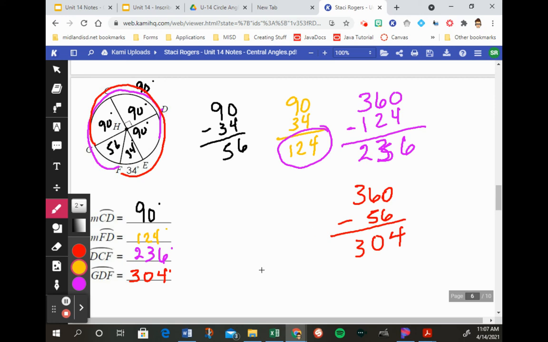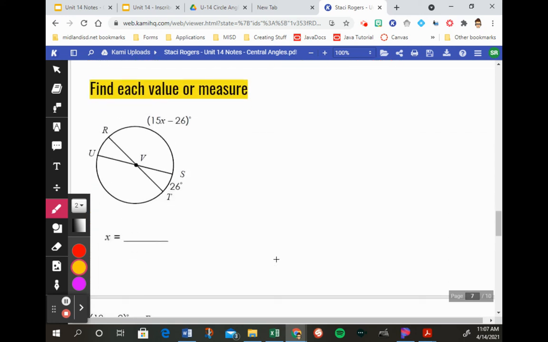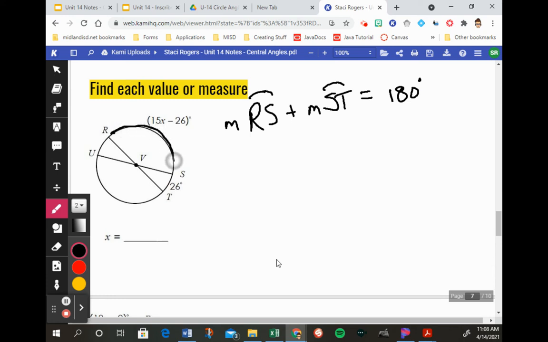Let's see if we can get a little harder here. Find each value or measure. Let's see here. RS and TS, arc RS plus the measure of ST equal 180, because here's this one plus this one, and they're on a straight line. So it's half a circle. So RS is